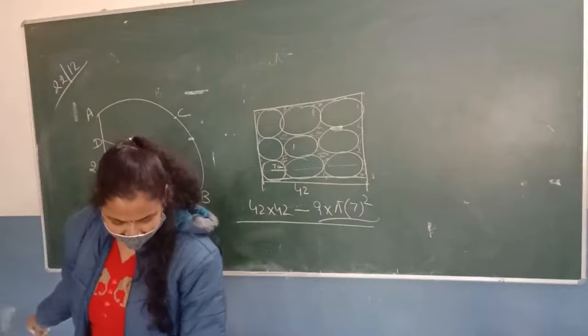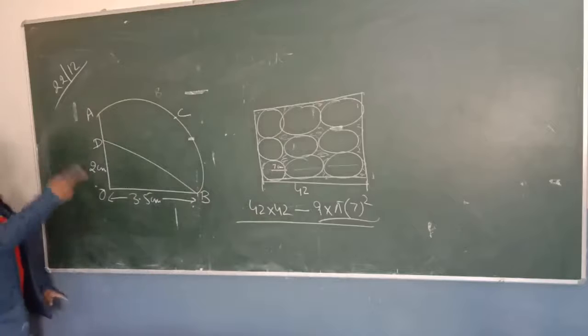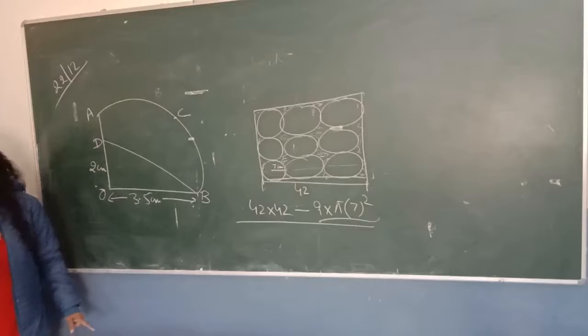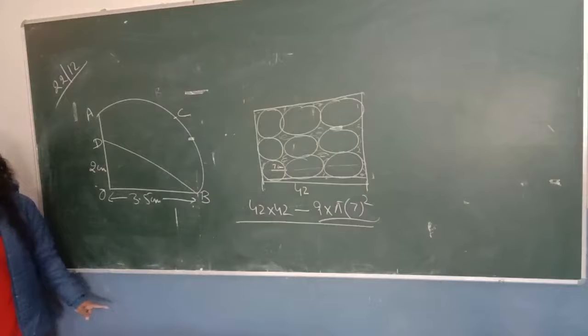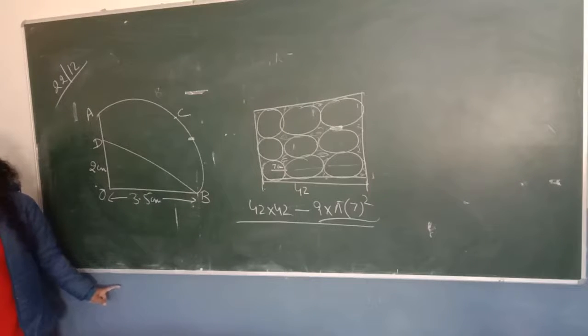First you have to find the area of the quadrant. What is the area of the quadrant? No, Ajay, what is the area of the quadrant? OACB is a quadrant. Ajay, area of the quadrant. What is the angle for the quadrant? What is the value of theta in a quadrant? Quadrant means? Yesterday I explained to you what a quadrant is.